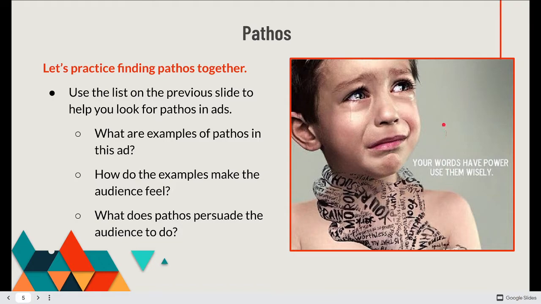Now, as my eyes travel down through the paragraph, I see the words here: "Your words have power. Use them wisely." And then I see the outline of what appears to be a hand, but there's not a hand there. It kind of looks like a ghost. Instead of a hand, there are words here. Real negative words. Remember how we learned about loaded language? I think every single phrase and word written on this hand maintains very negative tones, very negative feelings attached to them. It's very loaded negative language.